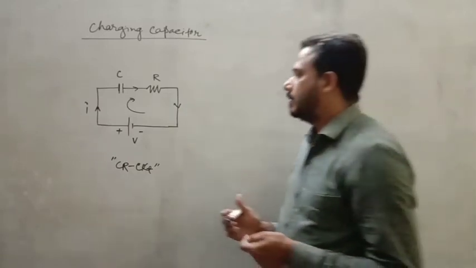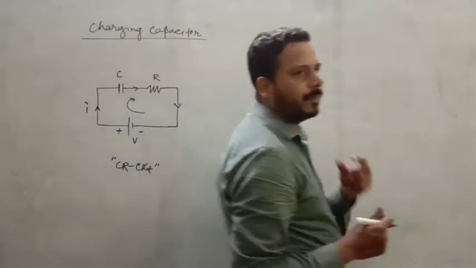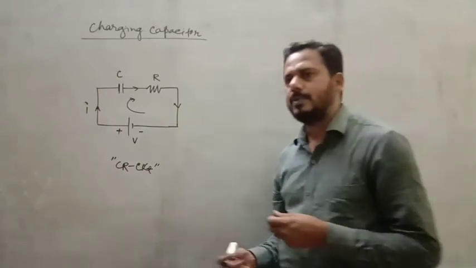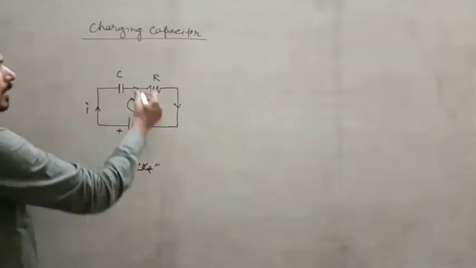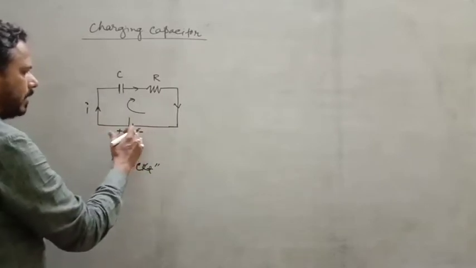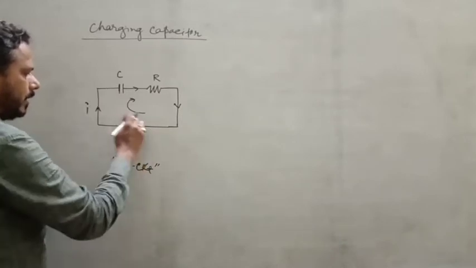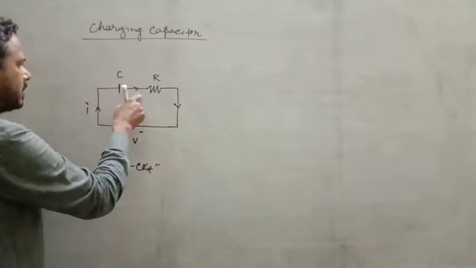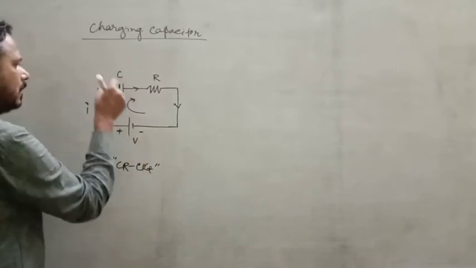We have studied the capacitor law before. So either use the capacitor law or apply Kirchhoff's second law here. Now in this circuit you are going from left to right in the clockwise direction, and you are entering this EMF from lower potential to higher potential. So it would be taken as negative, so minus V. Now in the capacitor, because this plate is connected with the positive terminal of the EMF, it will be positive, and this one is negative.